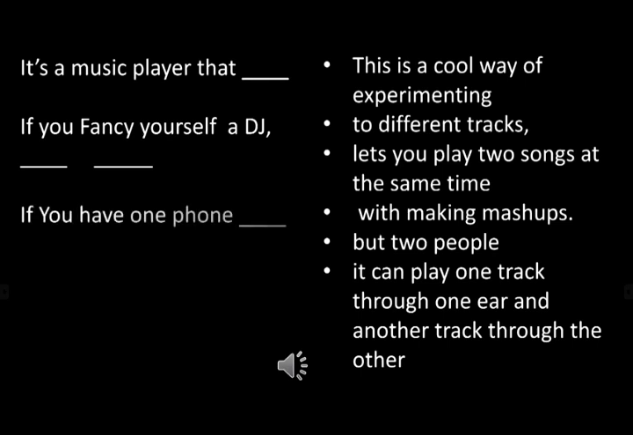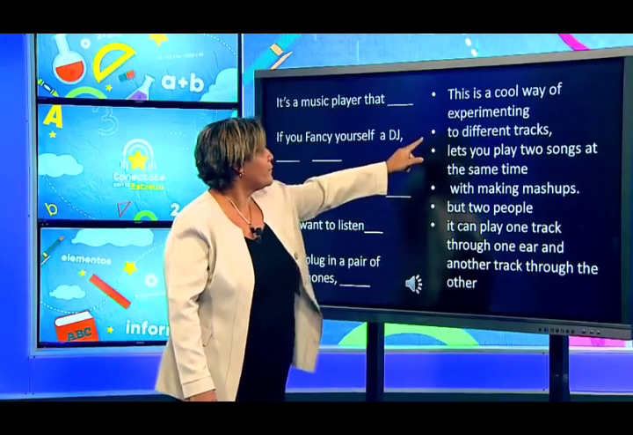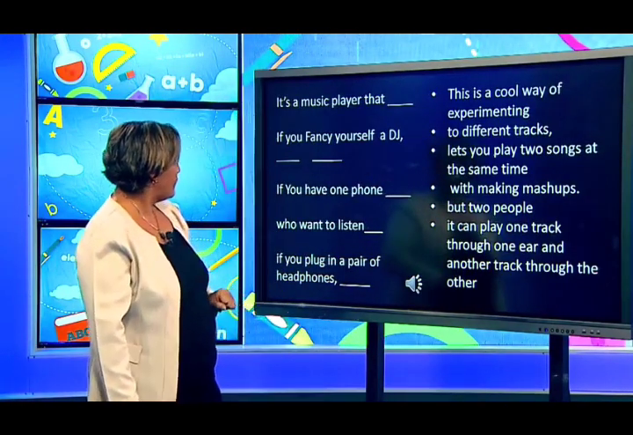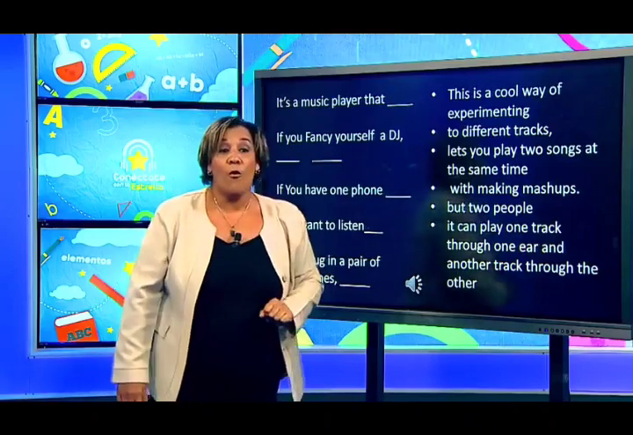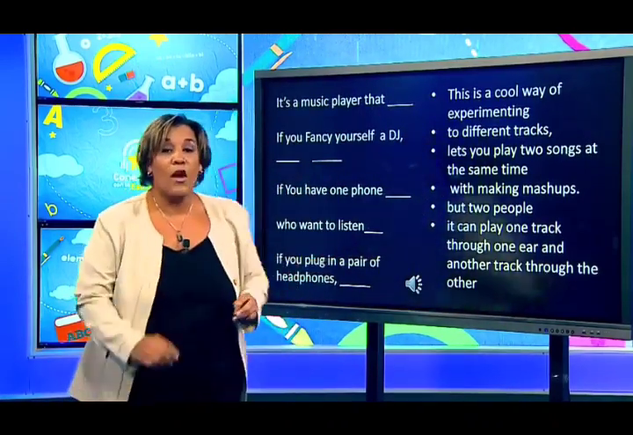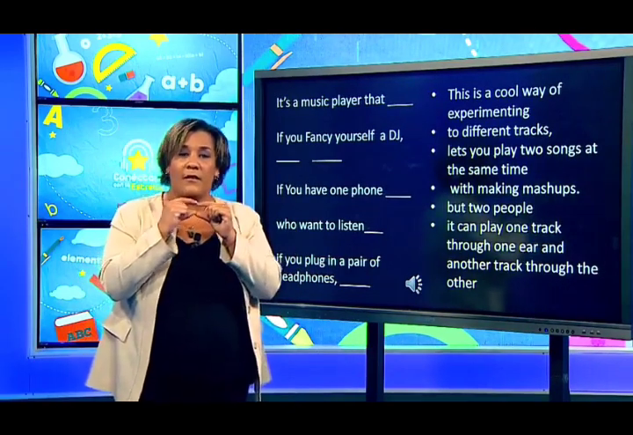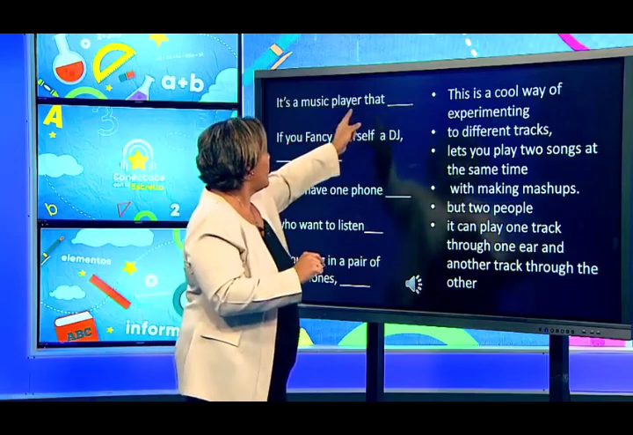But what I use it for is when you've got one phone, but two people who want to listen to different tracks. If you plug in a pair of earphones, it can play one track through one ear and another track through the other. So, what do you have to put in these lines? You have to put the phrase that finishes the sentence. So, it's a music player that,